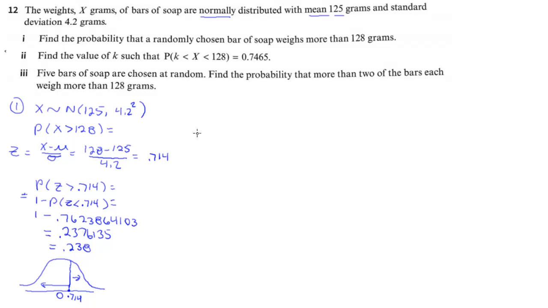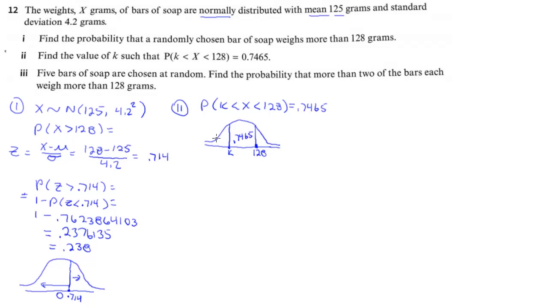Now in part 2, it says find the value of k such that the probability that x is less than 128 and greater than k is equal to 0.7465. So we've looked at problems like this before. Basically, let's draw a quick picture. We've got a normal distribution. We don't know what the mean is, but we do know that 128 is probably over here somewhere. And we do know that k is going to be less than that, so that's going to be over here. And we do know that the area between them is